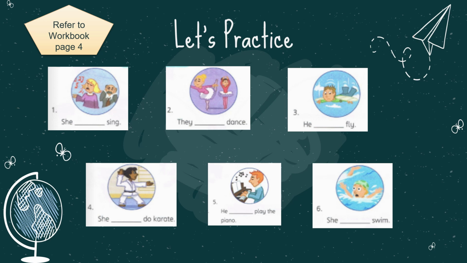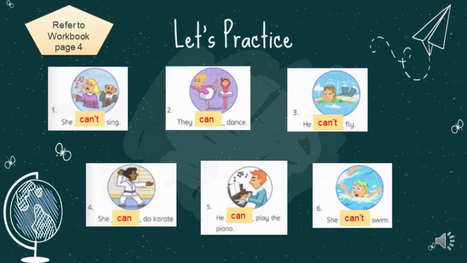This exercise is taken from Workbook, page 4. Fill in the blanks with can or can't based on the picture. Pause this video as you complete your answers and play it again to check your answers. The answers are